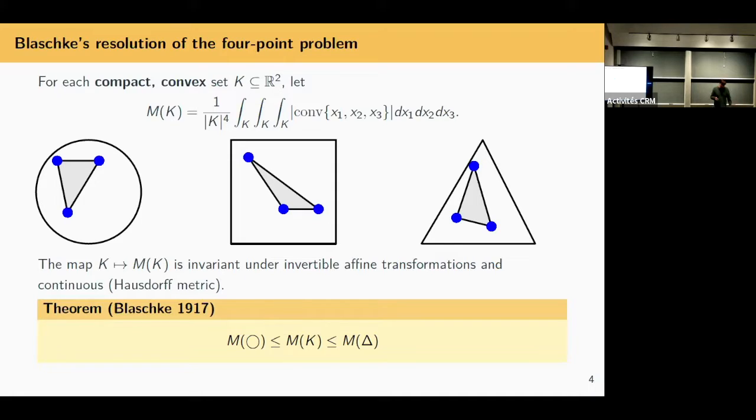And here are some examples. I toss 3 points in the disk, in the square, in the triangle. And you can check that this quantity is actually invariant under invertible affine transformations, certainly allowed to shift. If I did a variable change with some linear map, I would just pay a price of a determinant. It would come out in the wash 3 times in the denominator, and once from the convex hull. So that's the 4th power. And it's also continuous. There's a compactness argument. It says it has maximizers and minimizers. What are they? Circles minimize this quantity. Triangles maximize this quantity.